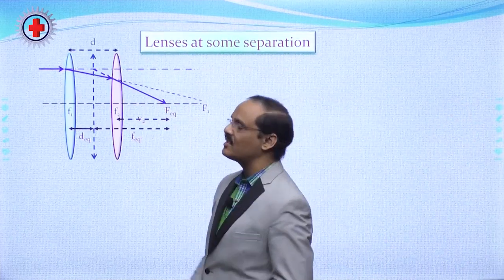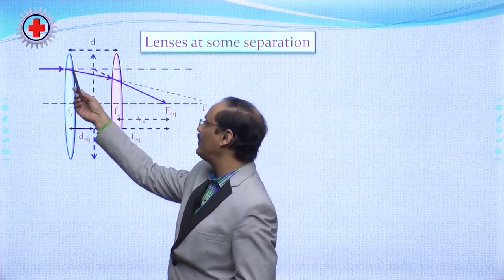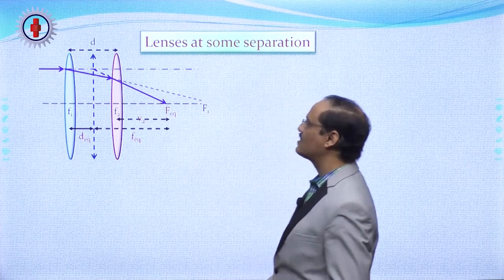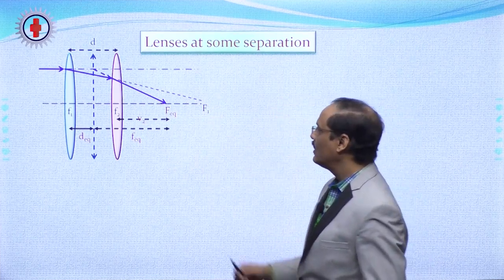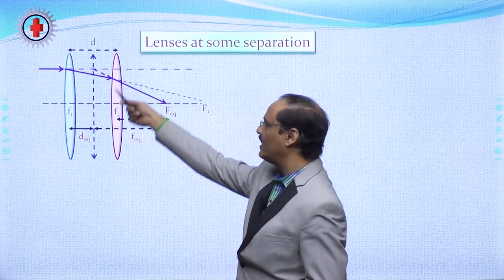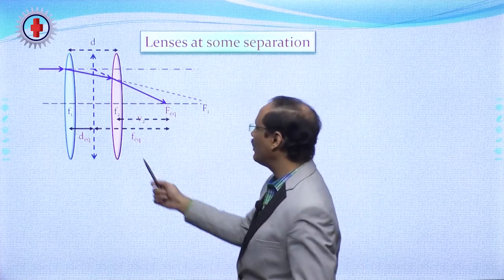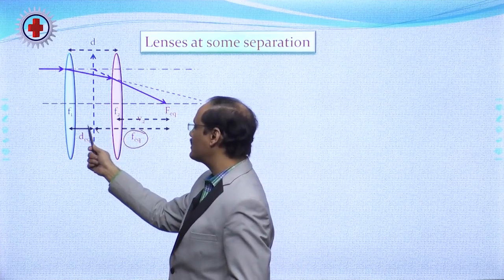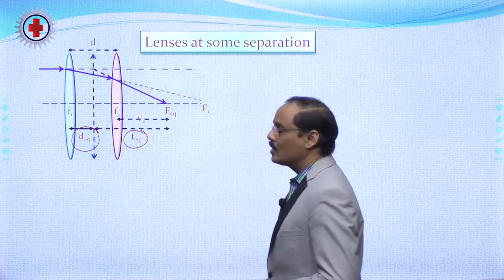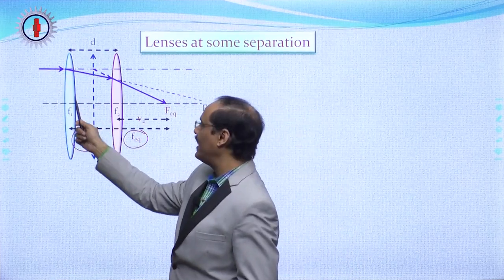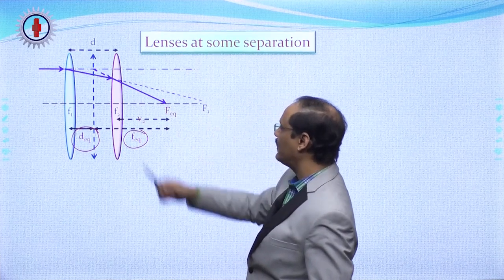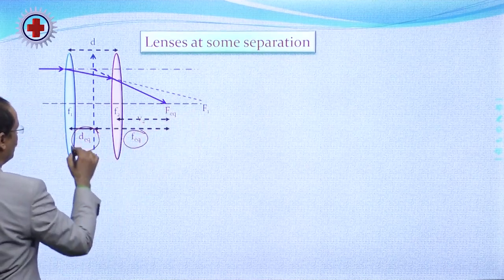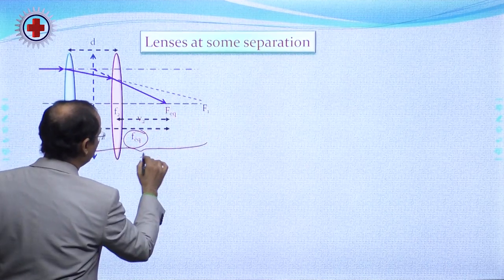So, we have two lenses placed at some separation. Light coming from the first lens gets deviated, and then again through the second lens it gets deviated and we get the final image. For the final image we have an equivalent lens here. We need to find the equivalent focal length, and we also need to find where we should place this equivalent lens. For a parallel beam of light, the convergence is at the focus of the first lens. So, this distance f1 from the first lens is the focal length of the first lens.